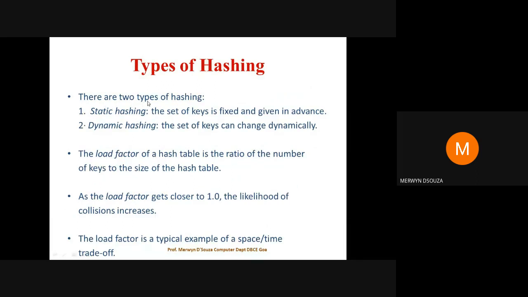So there are two types of hashing. Static hashing, where the set of keys or data items is fixed and given in advance. The second type, dynamic hashing, where the set of keys can change dynamically. Then you need to know what is known as the load factor of a hash table. It is the ratio of the number of keys to the size of the hash table. The ratio of the number of keys to the size of the hash table is known as the load